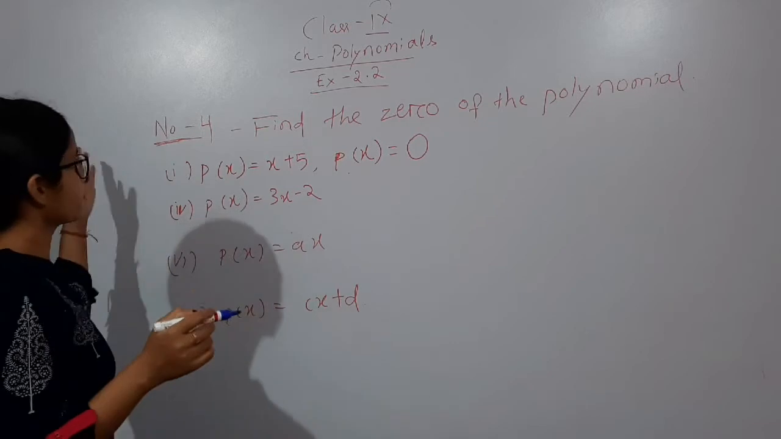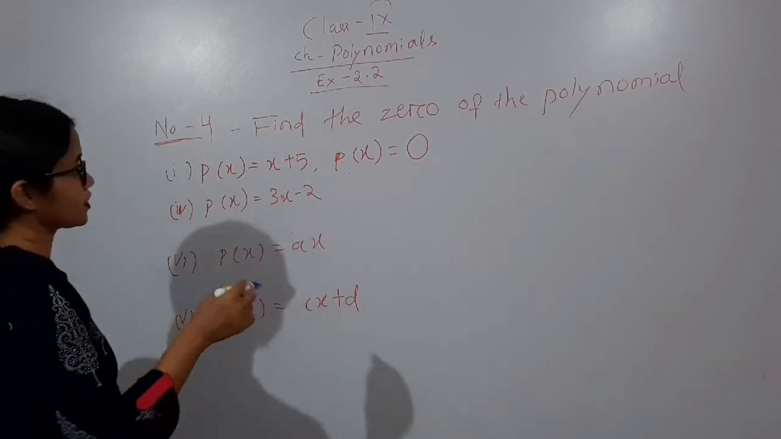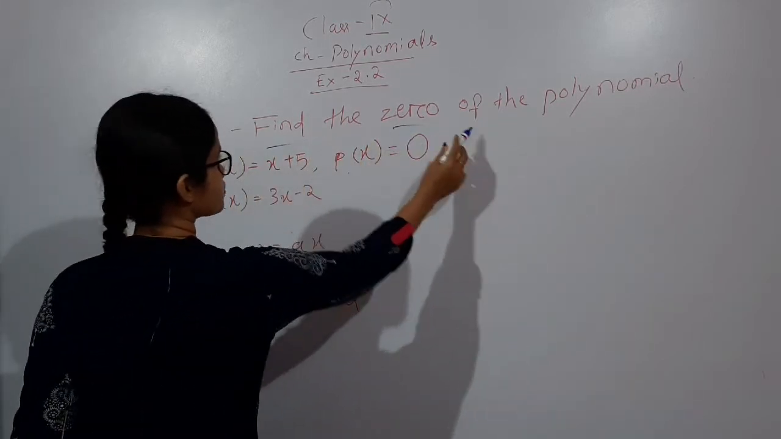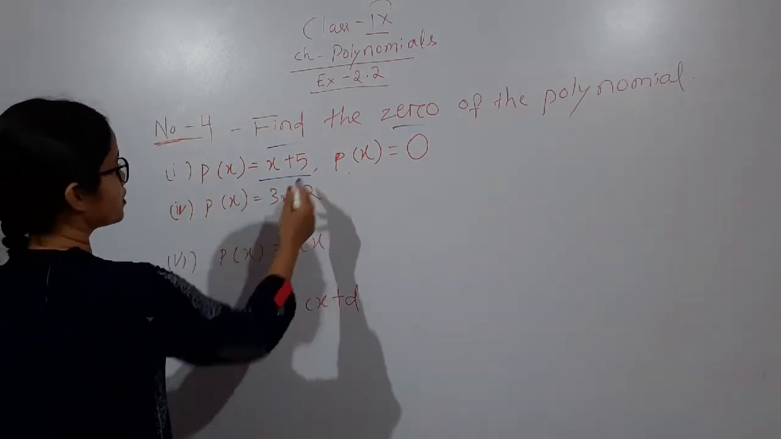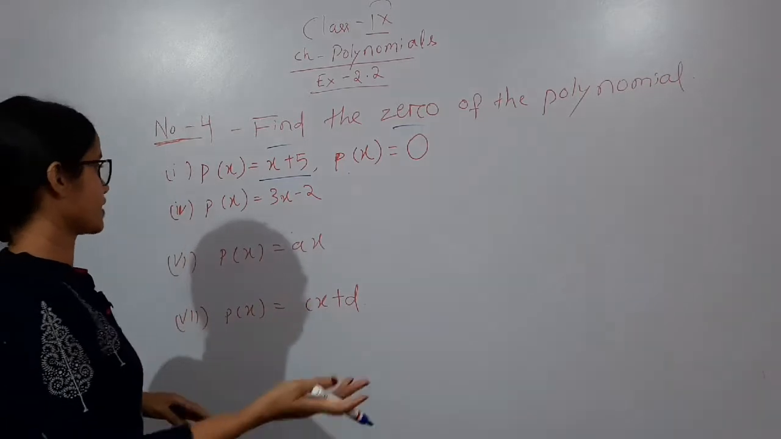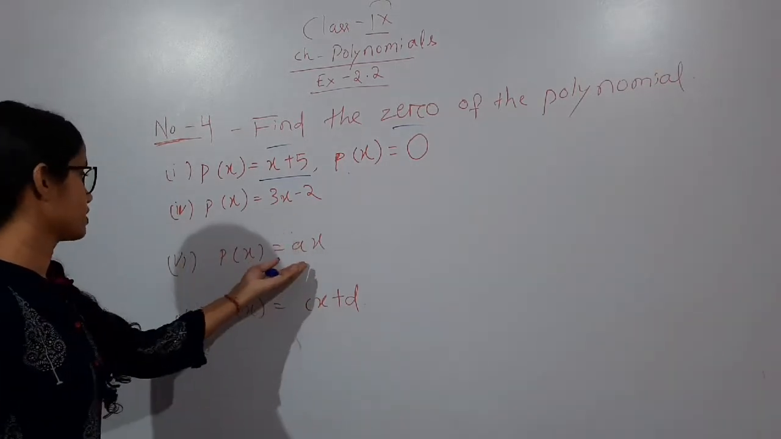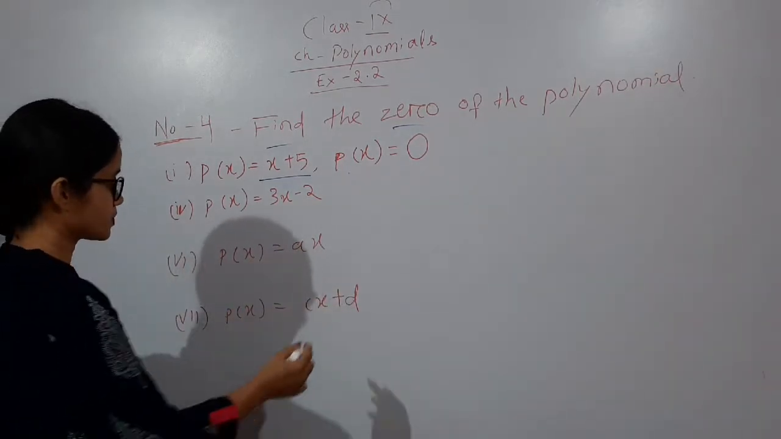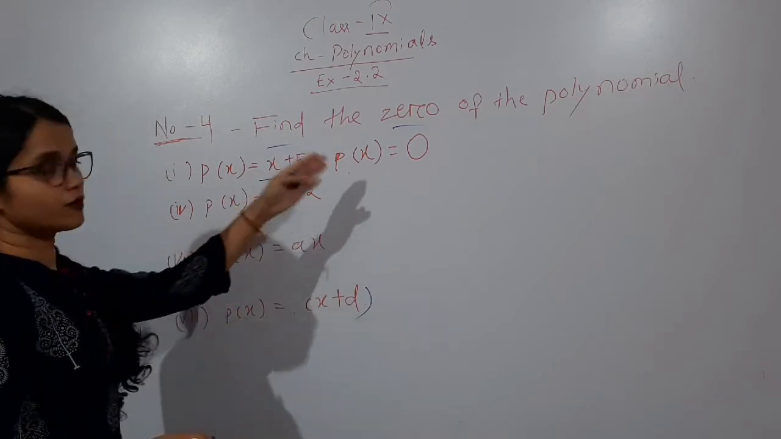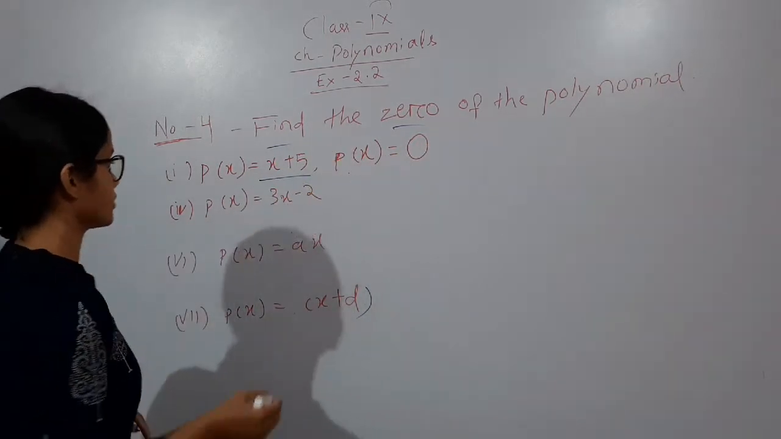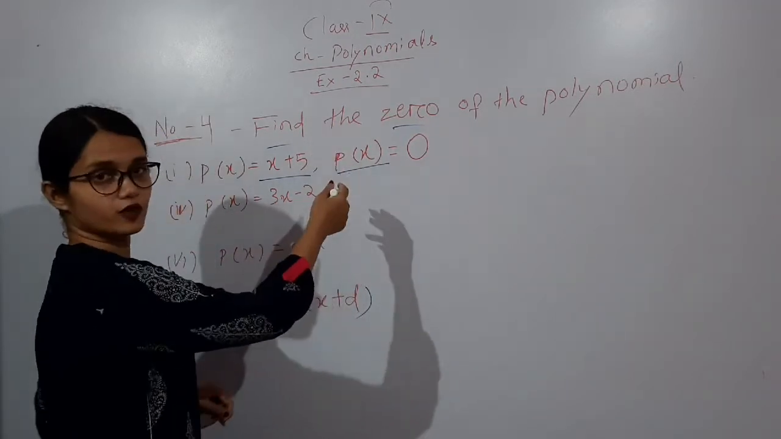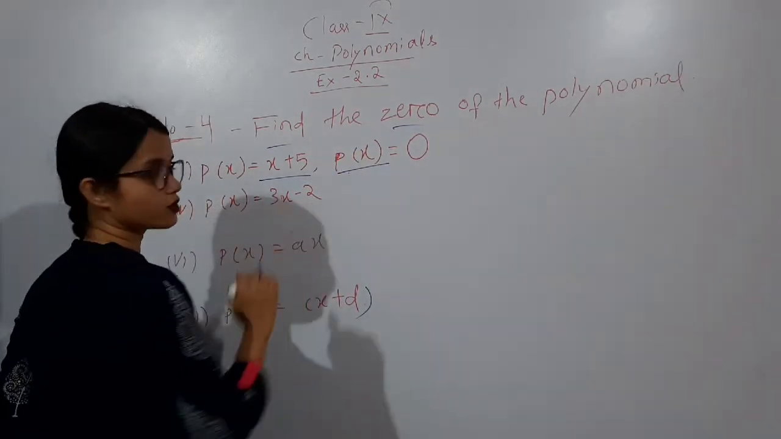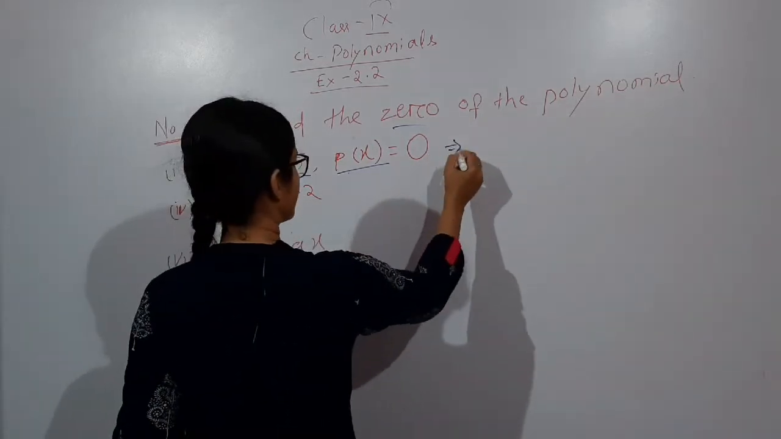So this is number 4 of exercise 2.2. Okay, the question is find the 0 of the polynomial. Okay, means the polynomial is given something like 5x plus 5 or 3x minus 2 or ax or cx plus d, and we have to find the 0 of the polynomial. Okay, to start this we have to write p(x) is equal to 0, implies that